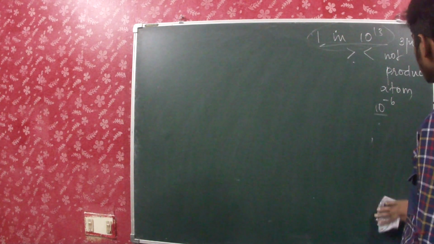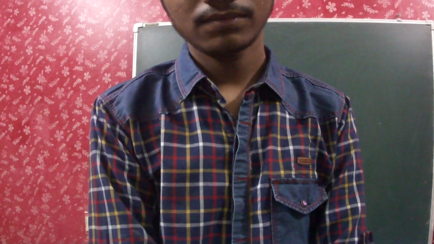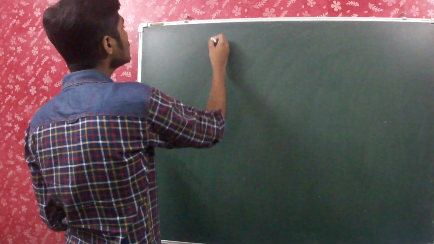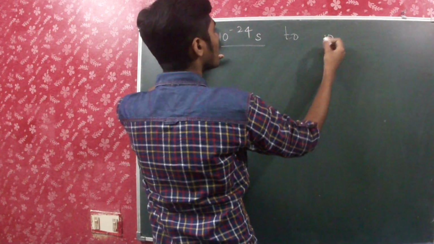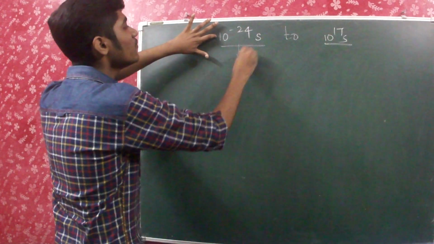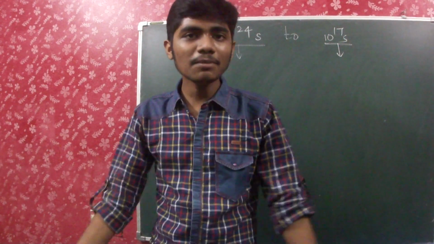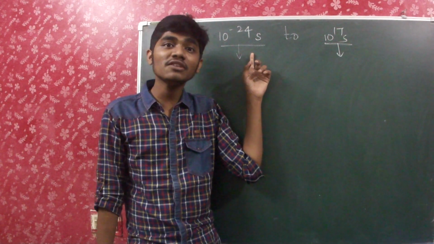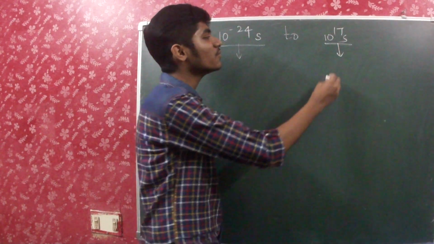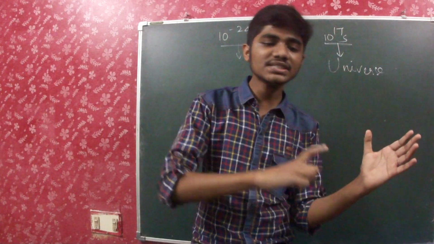And what's the unit of time? Second. It's very well known. The SI unit of time is second. The range of time is 10 power minus 24 seconds to 10 power 17 seconds. 10 power minus 24 seconds is nothing but the lifespan of a very unstable particle, which doesn't even exist for long. Such an unstable particle's lifespan will be 10 power minus 24 seconds, whereas 10 power 17 seconds is the age of the universe. So this is the range of time, the lowest and the highest.